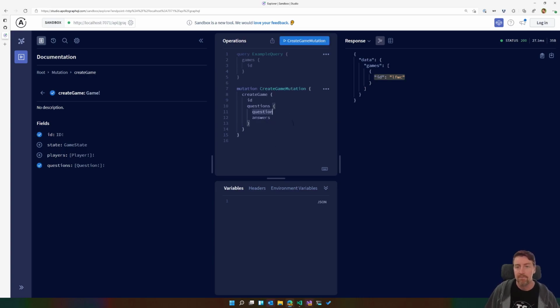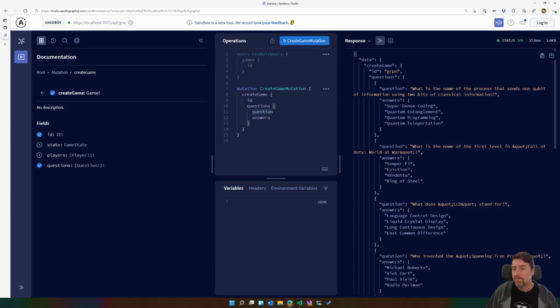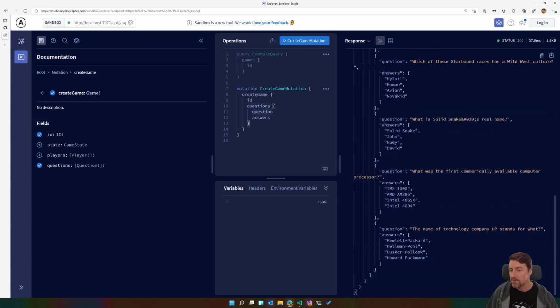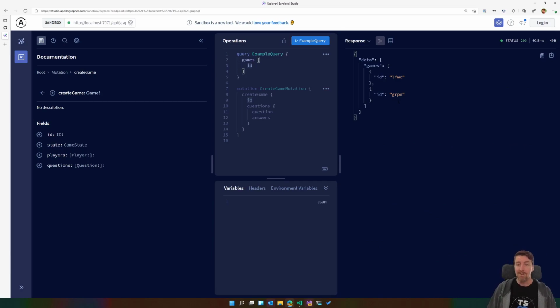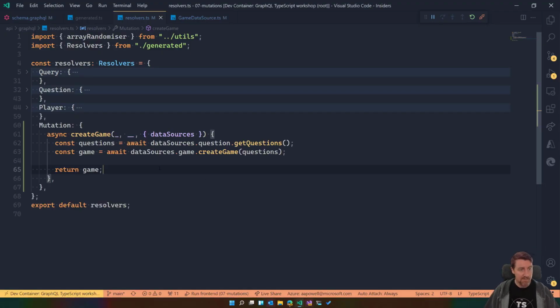Just as an example point. Let's execute that. And there we go, we've got a new game ID. It is GRPN, and it has a bunch of questions that we'll see there. Now, if we come back and run the example query up here where it's getting back the games by their ID, we now have 2. Excellent. So we've created our first mutation that is now pushing data into our database and leveraging that